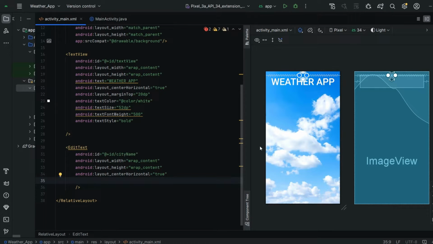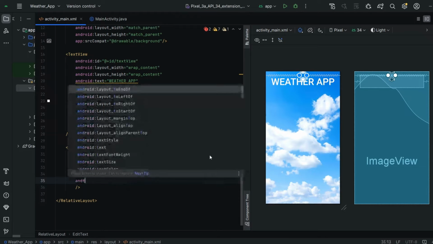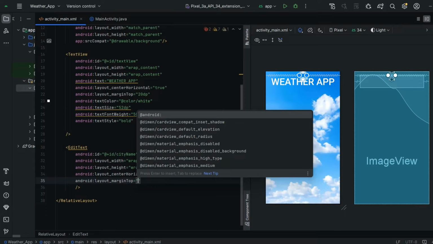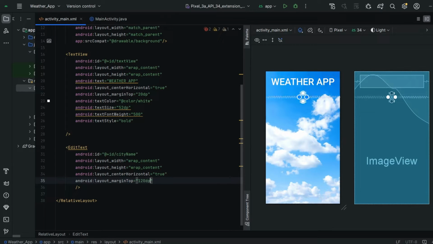Next, I'm going to bring it below our weather app heading. For that, we have to give the margin on the top. So android:layout_marginTop. I'm going to give the top here as 120dp. Okay, guys, as you can see, it came below the heading of our weather app.